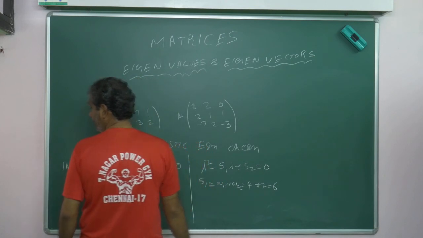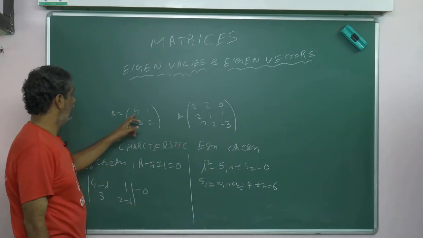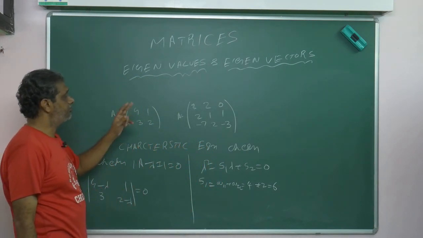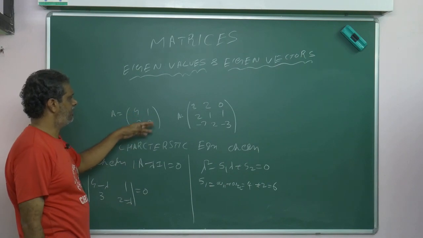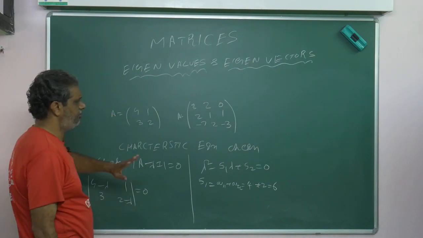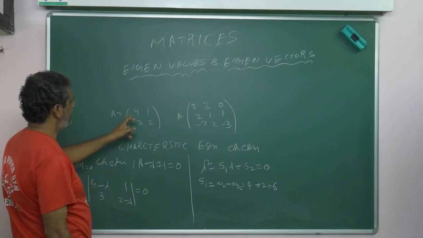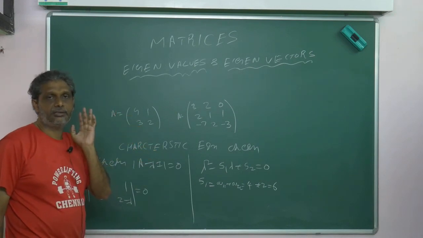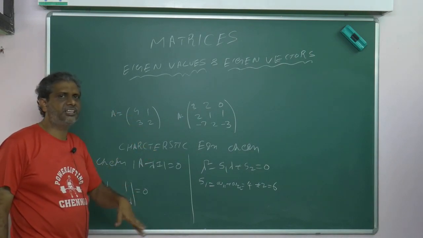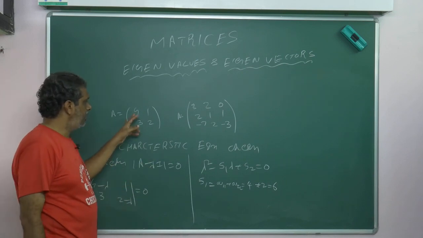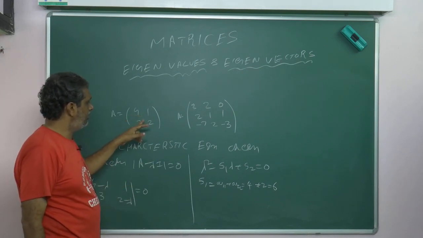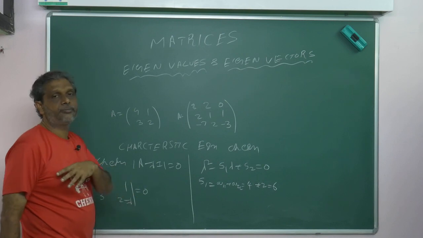What do diagonal elements mean? When i is equal to j, those are called diagonal elements. There is the principal diagonal, leading diagonal, and others, but I don't care about that. Whatever it may be called, when i is equal to j the elements are diagonal elements. So this is A11, A22. These are the only diagonal elements.